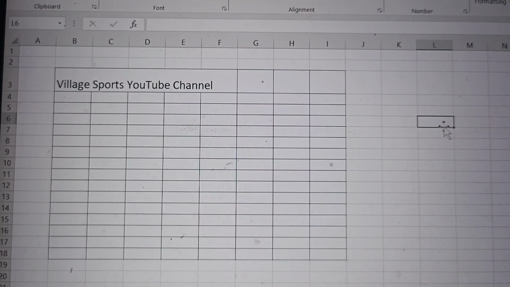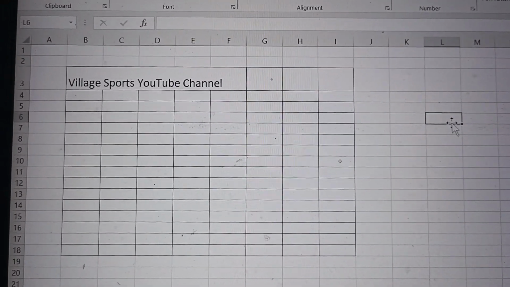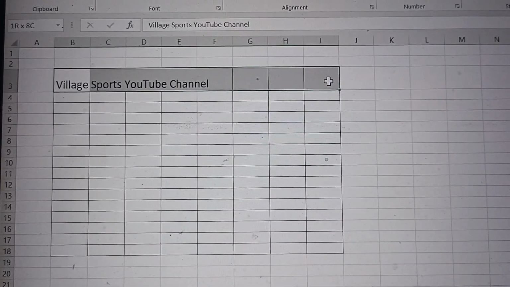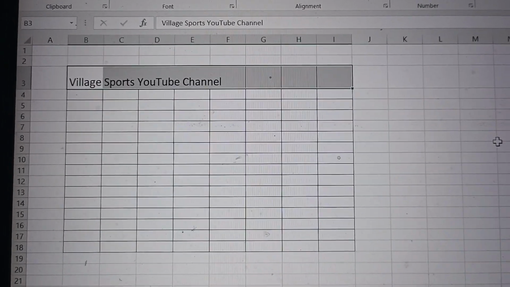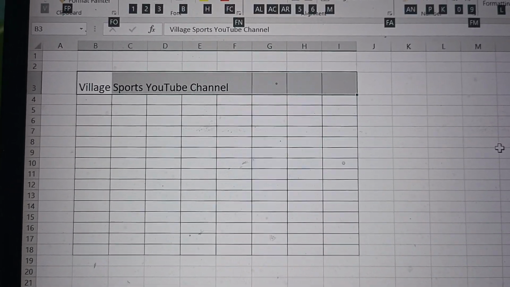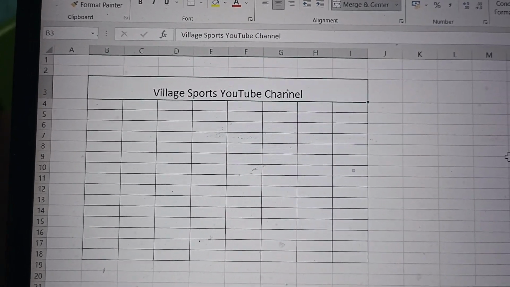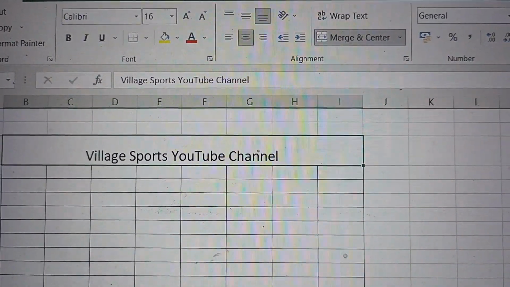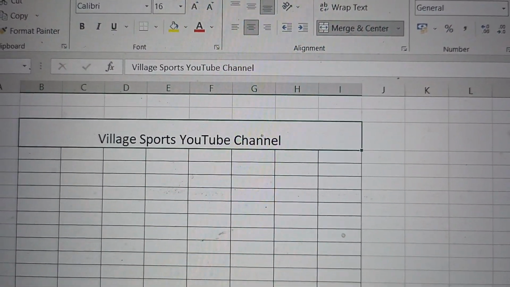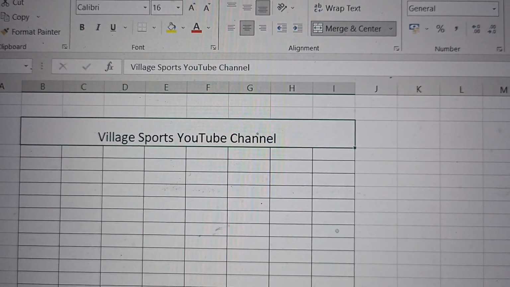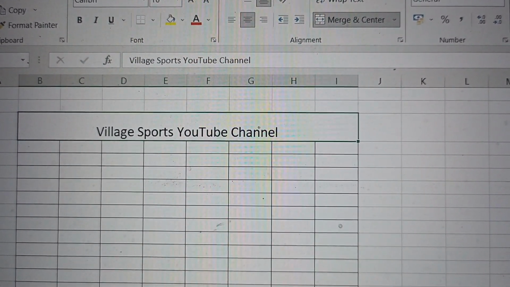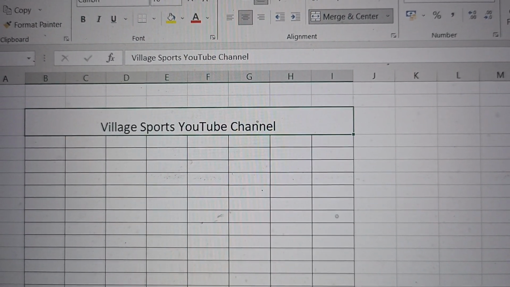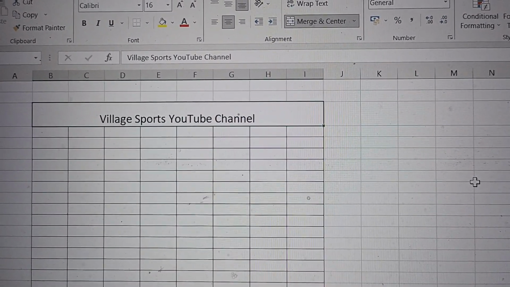Also, you can use a shortcut key. For that, first select the cells that you would like to merge, and then you can press Alt H, then M, then C, and it will merge and center. Okay, so the shortcut for merging and centering is Alt H, M, and C. You have to press Alt H, then release H, and then you have to press M, and then you have to press C. Okay, so in this way you can easily